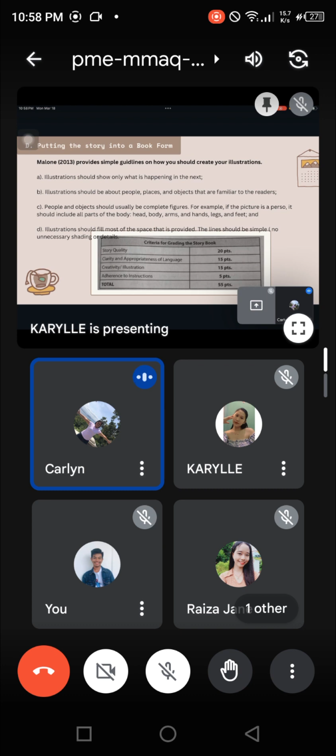For example, if the picture is a person, it should include all parts of the body. O ito sa letter C daw, dapat buo na makikita daw yung isang figure. Halimbawa daw kung tao, dapat buong katawan daw ng tao makikita. Hindi lang ulo, hindi lang kamay, hindi lang katawan, hindi lang paa, kundi buong katawan daw po ang makikita sa illustration ng tao. Next po is